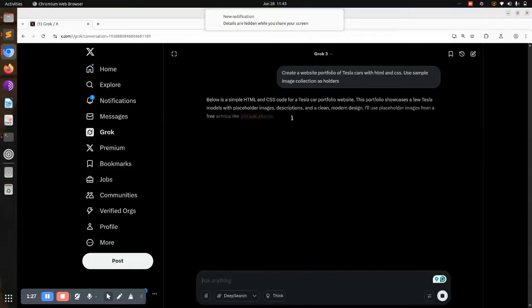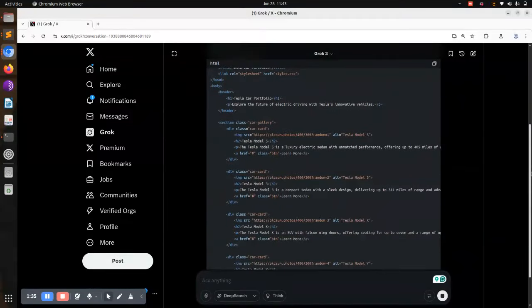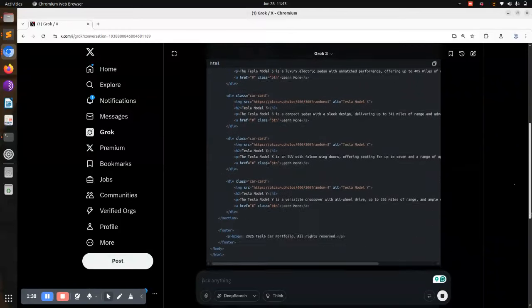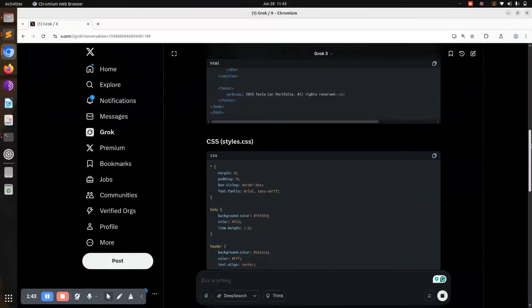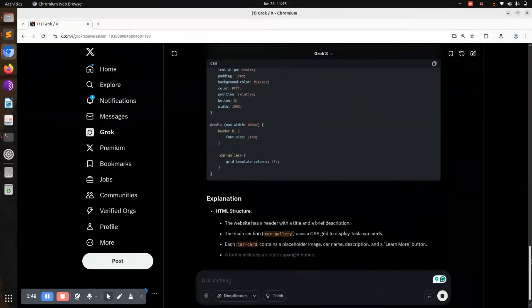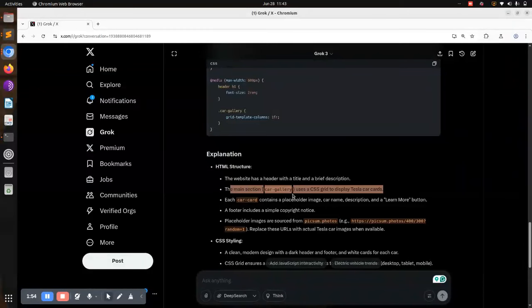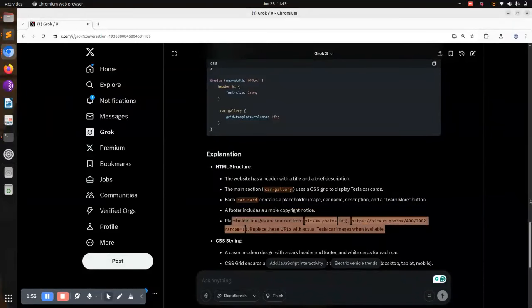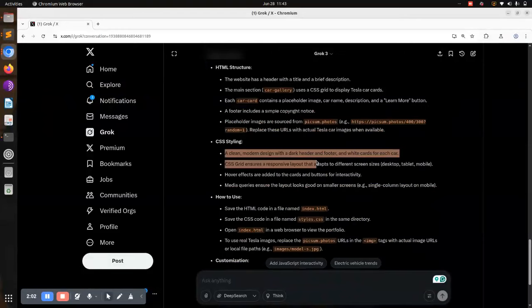Once you click enter, it will generate the code for the index.html, as you can see. And it has also generated the CSS code for the website that you are building. It has the explanation of the HTML structure: the header, the title, a brief description, the car gallery, the cards, and the placeholders for images. Then it has CSS code, to ensure that the user interface is as interactive